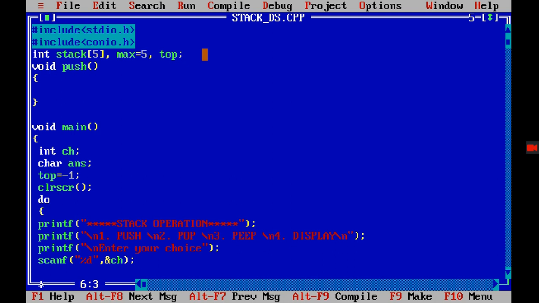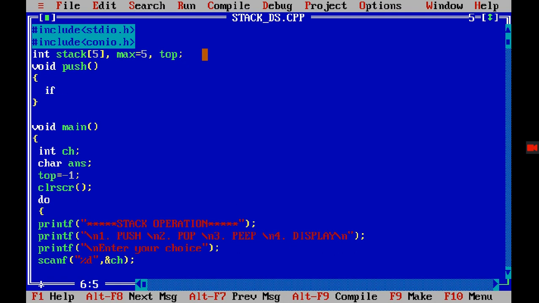Now for the push operation, first of all I need to check whether my stack is full or not, right? That one condition I need to check. If my stack is not full, then I can insert an element, right? But if my stack is full, then I'm not able to insert an element. So first of all we need to check whether my stack is full or not. For that, we can insert a condition.